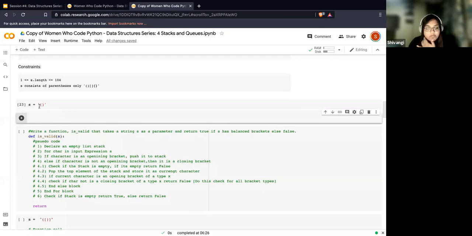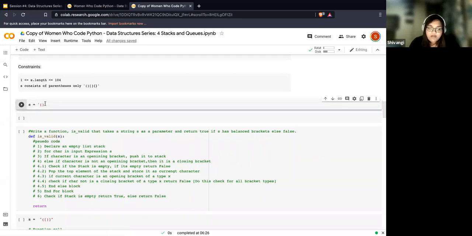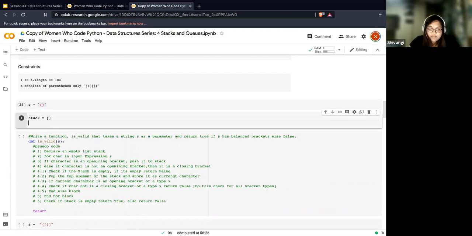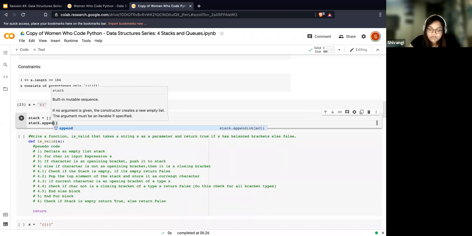I would start iterating over this string, and if it's an opening bracket, let's say you have a stack, you would just add that to the stack. So this is my stack, and I'll say stack.append.